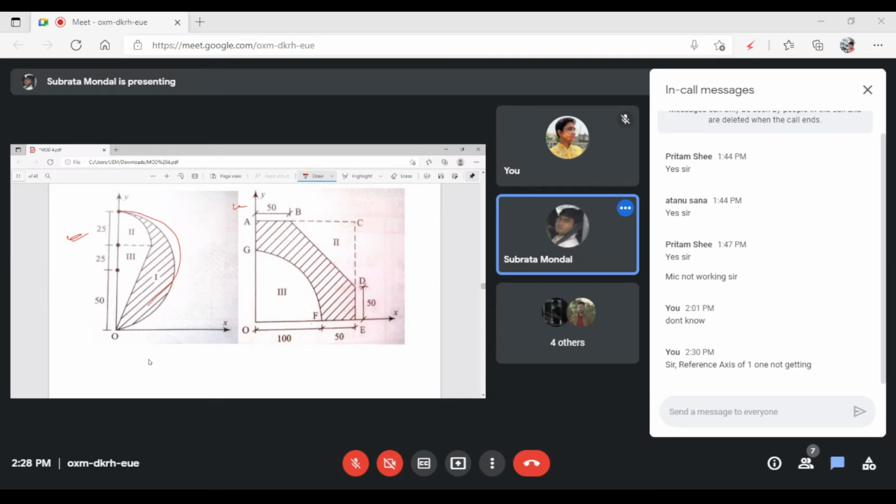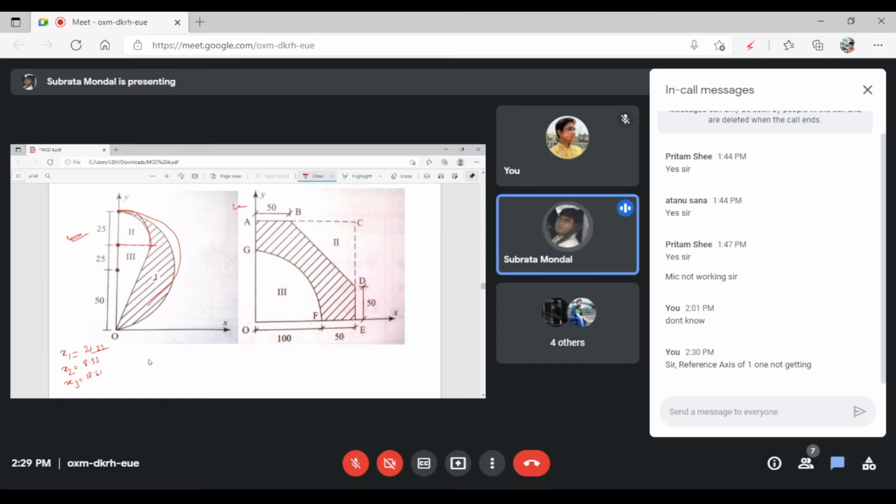It is a semicircle and a quarter circle and a triangle. No, not two triangles, that is a quarter circle. So area you can calculate. The area of the semicircle is 3926.99 square units. Just tell me x1, x2, and x3. Sir, x1 is 21.22, x2 is 8.33, and x3 is 10.61.